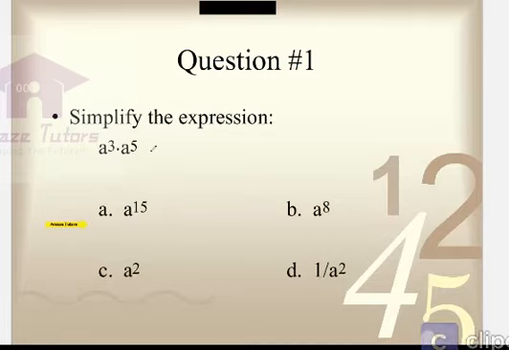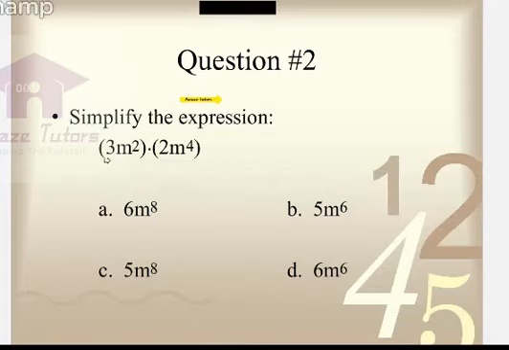And let's do one more question. Question number 2. Simplify the expression. Here you can see a difference. There is a coefficient. You know what a coefficient is, isn't it? It's a constant multiplier. The number coming in front of the variable is called the coefficient. Well, how will you do when there is a coefficient? Don't add the coefficients like given in the question or options. Whenever there is a coefficient, we are going to multiply them as usual. Only the powers, the exponents, we will be adding.